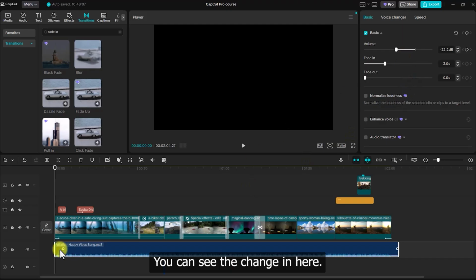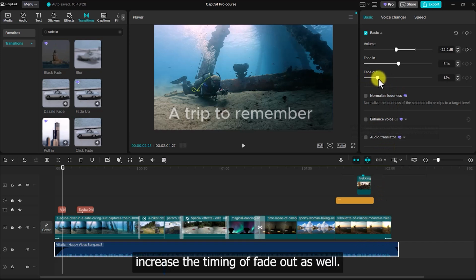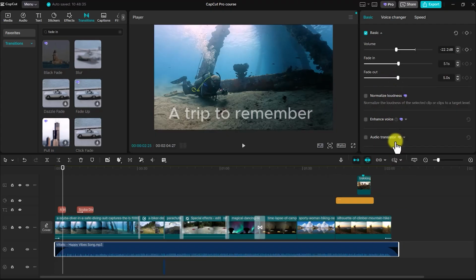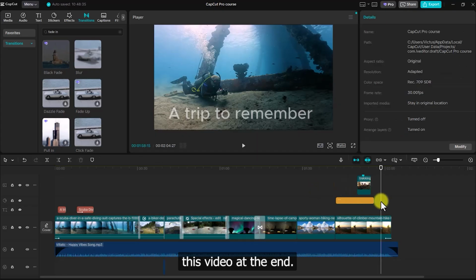You can see the change in here. Here you can see, you can just increase that as well. For example, for 5 seconds, and when you play this video, it gradually increases. But if you want to add a fade out, you can just increase the timing of the fade out as well. You can see the change in here as well, like when you fade out for 5 seconds, for example. Here you can see there is a little gap in here which shows that it will gradually fade out. So when you play this video at the end,